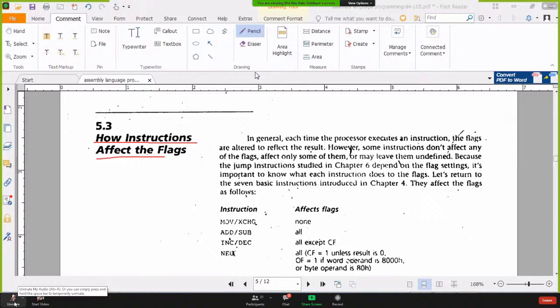What are the assembly instructions we studied in chapter 4? Try to remember. Who can say? Sir,